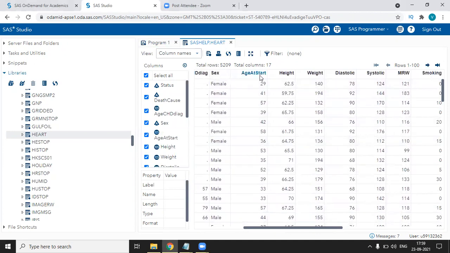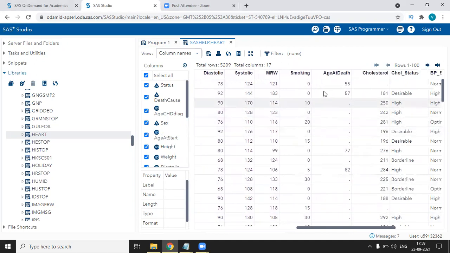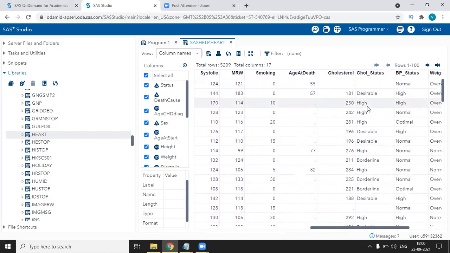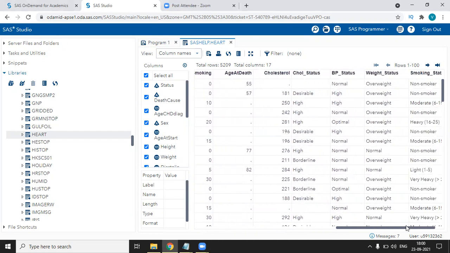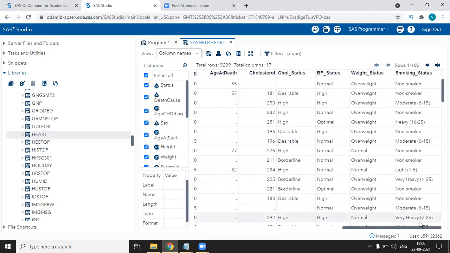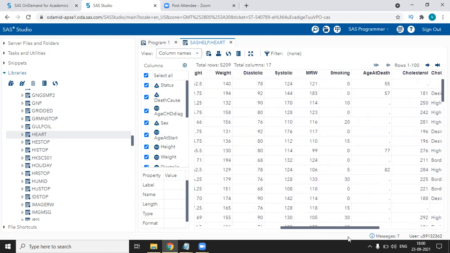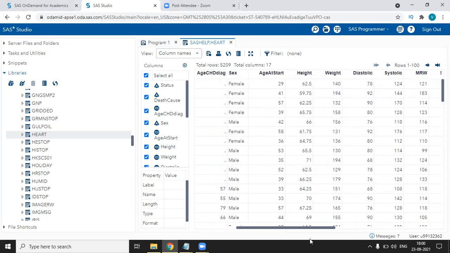You can see from this variable to this variable, all the variables are numeric variables. Next, all the variables till the last variable are categorical variables. So in this video, we are just going to see summarization of numeric type variables, and we are going to use just four variables: height, weight, diastolic, and systolic.